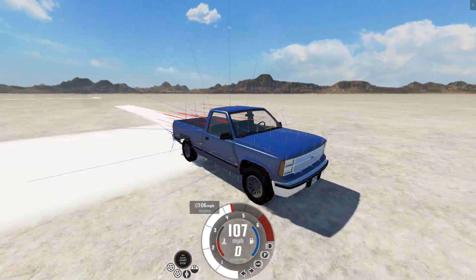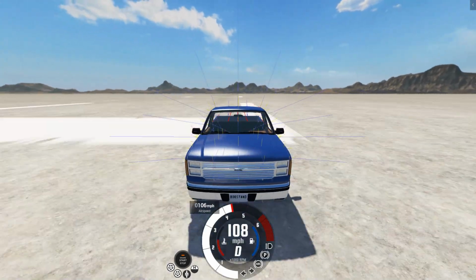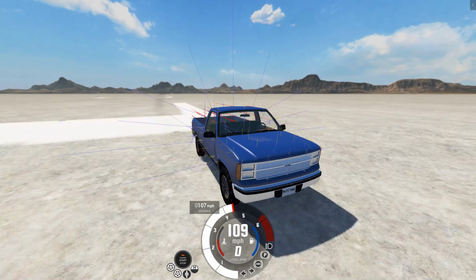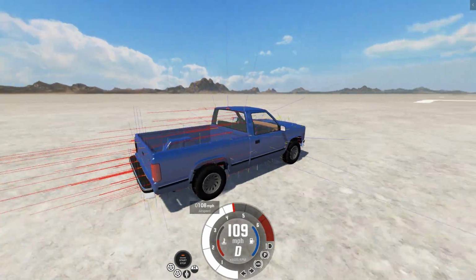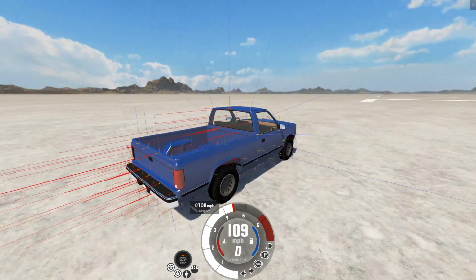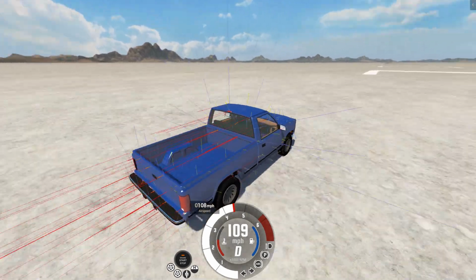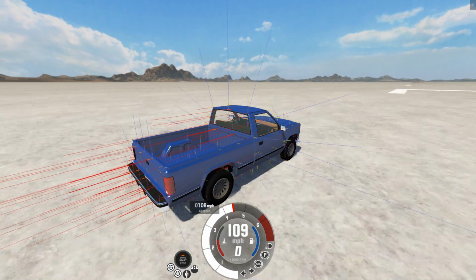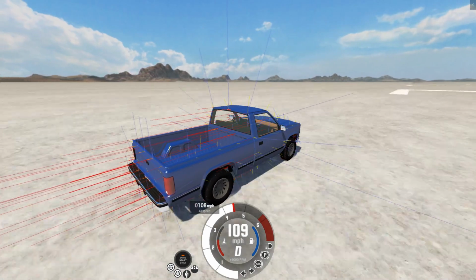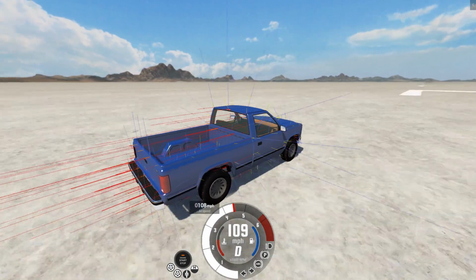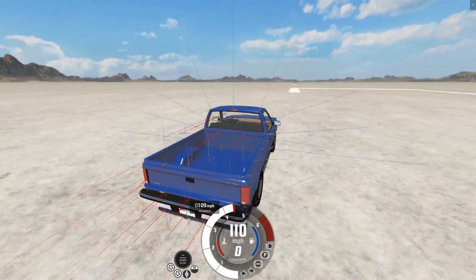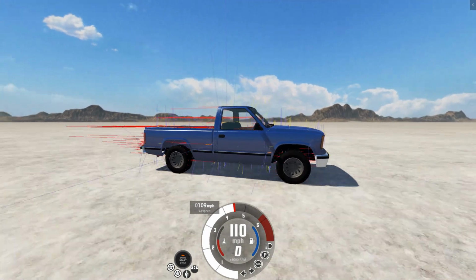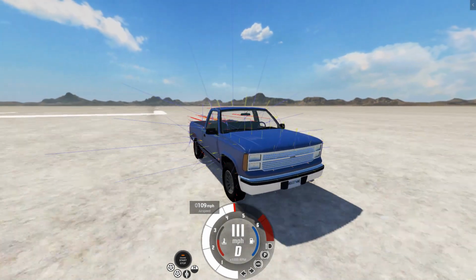So in itself it's not bad, and to be honest, most of the time it would be perfectly acceptable to have that. You know, in most racing games you could just have the calculations like that to measure drag, and it makes sense. After all, this pickup has about 220 horsepower, and I believe it actually tops out at about 111 or something. We'll stop here. But yeah, the issue is BeamNG,